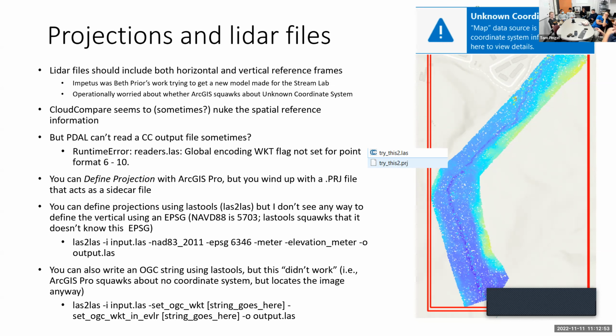It's fine enough for what we do, but she's trying to publish this to OpenTopography, which is like the Wikipedia of LiDAR data. And so that doesn't work. You can also use OGC strings, which could have both. You can add the stuff in there, you can verify that it's correct, but when you go to load it in Arc, you still get this unknown coordinate system, even though it's definitely embedded in the file. So this is like Arc, not